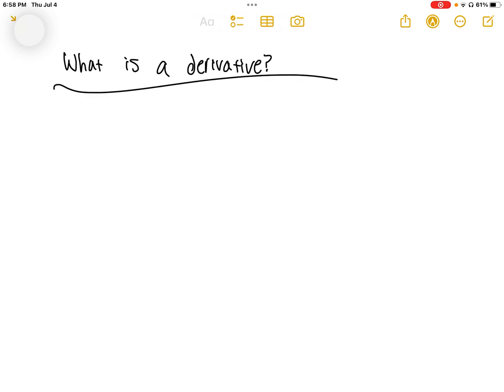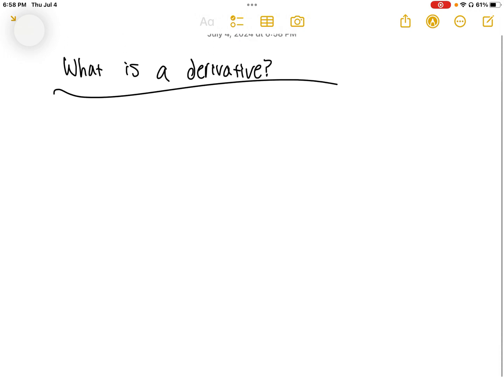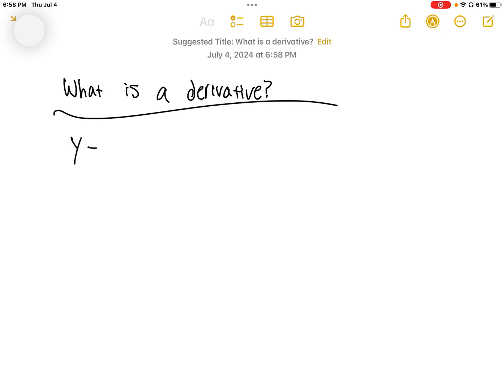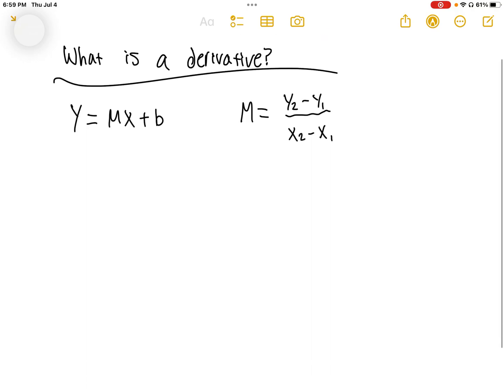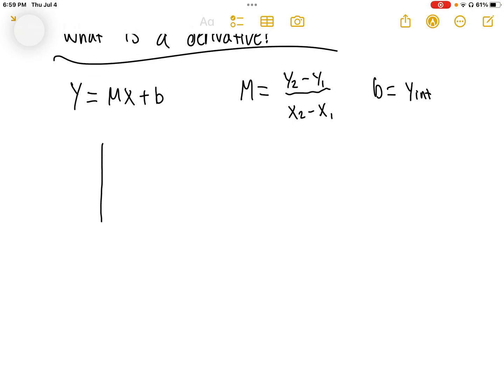Well, it all starts back from algebra, from the basic slope form equation y equals mx plus b, where m is the slope, which is y2 minus y1 over x2 minus x1, and where b is the y-intercept. So, putting this into perspective for a quick refresher,